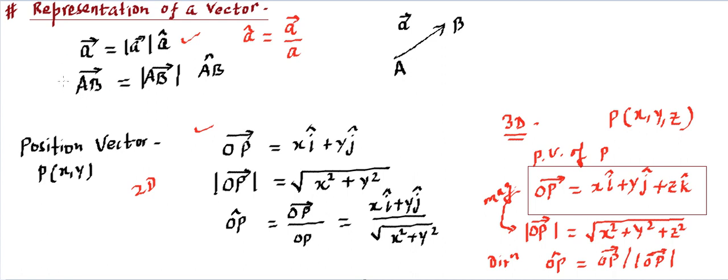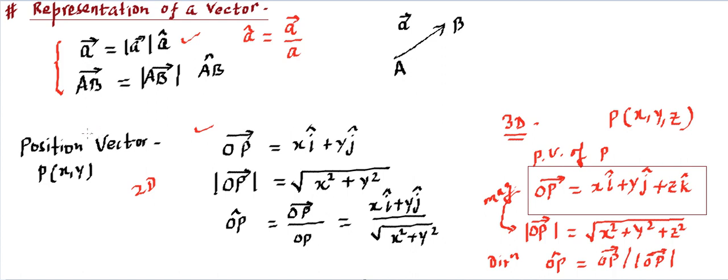Okay, and then this is exactly similar, but this is indicating that we can represent a vector by using the initial, tail point and final, which is head point. Whenever we are writing a b vector, it must start from a and go towards b. That means writing b a vector will be a different vector. That means it will start from b and go towards a. So a b means from a to b, b a means from b to a, and the direction will be written as a b cap. Now these two expressions say, if we know the magnitude, if we know the direction, we can write the vector.